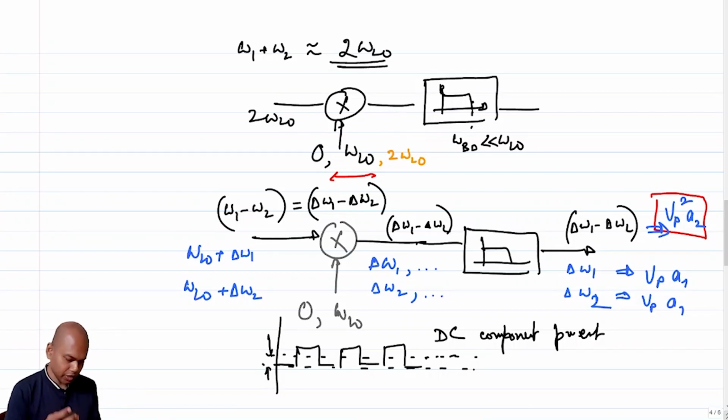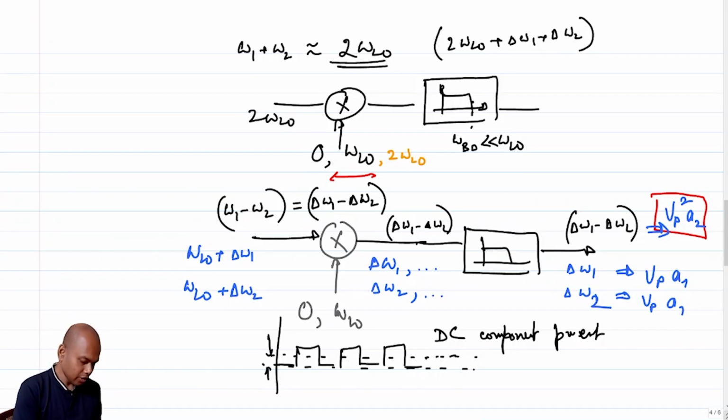So which means omega 1 plus omega 2, which I approximated as 2 omega LO, will also have 2 omega LO. If I don't do the approximation, this will be 2 omega LO plus delta omega 1 plus delta omega 2, right? Correct? So if the 2 omega LO component mixes with this,